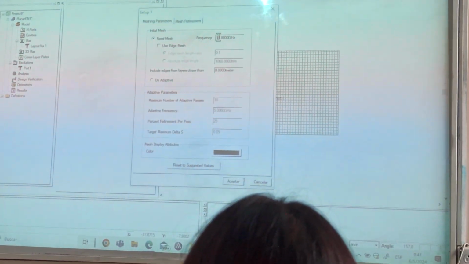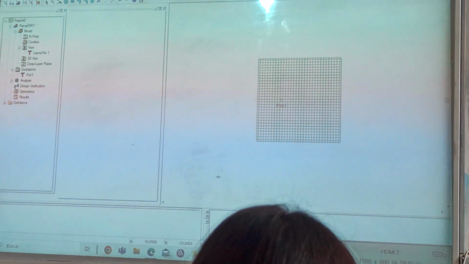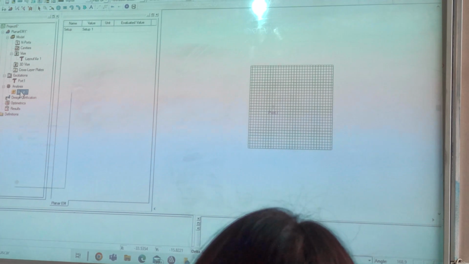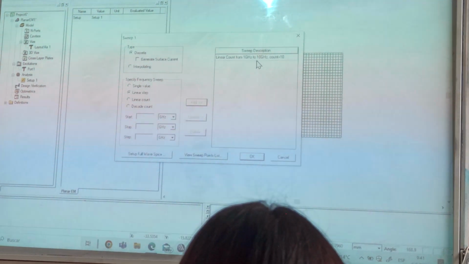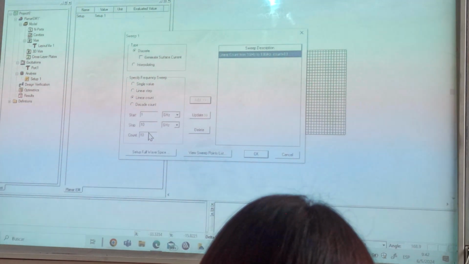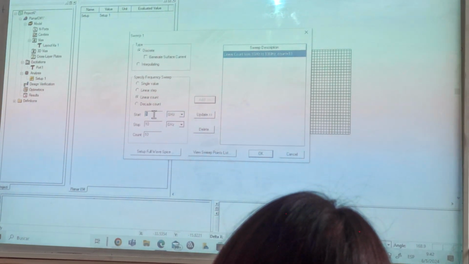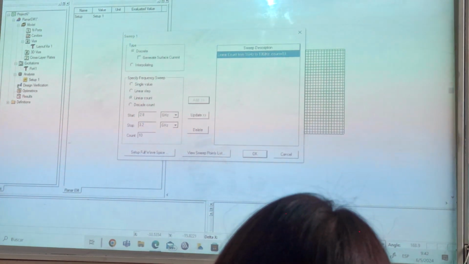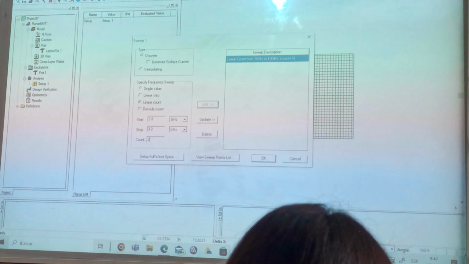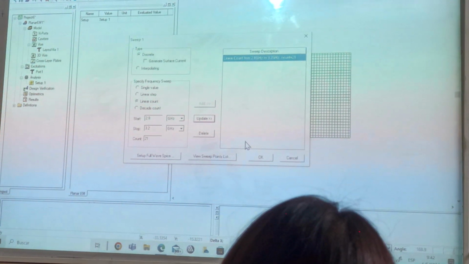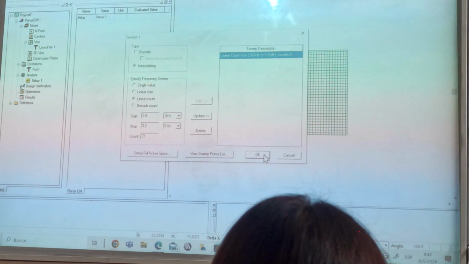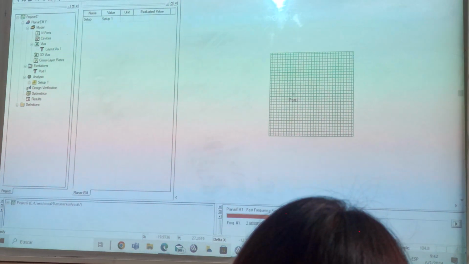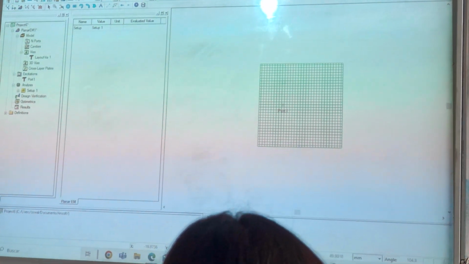We have to do the analysis. The analysis was at 3 gigahertz. And we need to define a sweep. We use from 2.8 until 3.2 because remember that the central frequency is 3 gigahertz, with 21 frequencies. We use interpolating simulation and we just run it. Once it's finished,